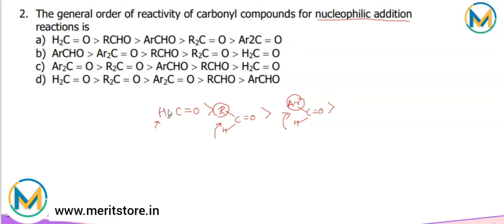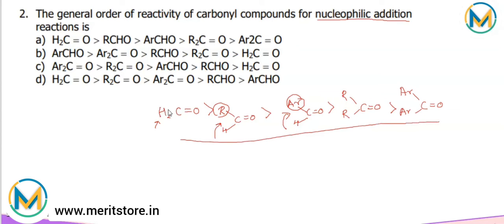Next we have a ketone with two R groups, and then the last possibility is two aryl rings joined as a ketone group. Now looking at this sequence for the reactivity of carbonyl compounds in nucleophilic addition reaction,